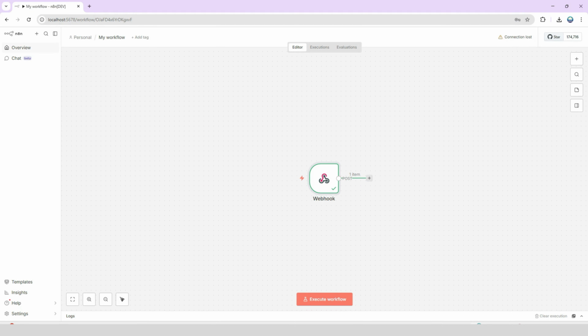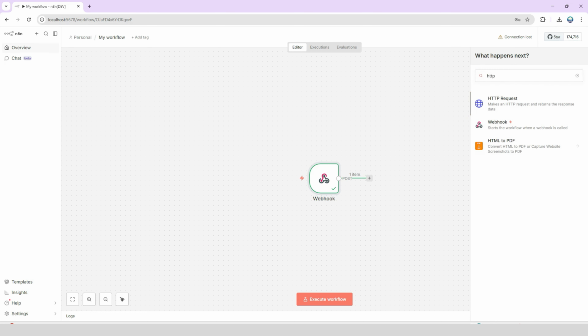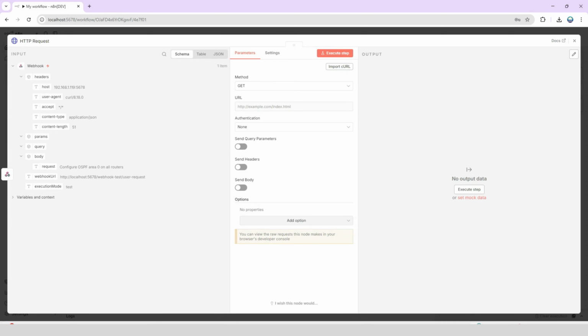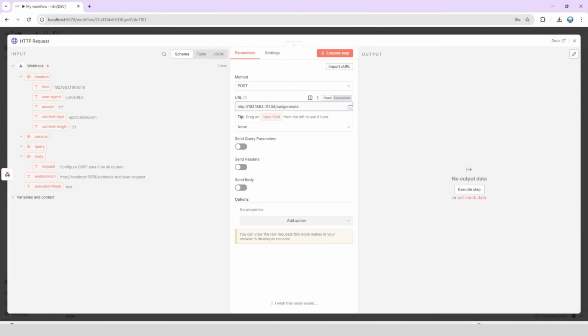That's great. So let's move on to the Ollama node configuration next. Alright, now let's click on the plus after the webhook node, search for HTTP Request and select it. This is the node that talks to Ollama. Okay, let's configure it. Method would be POST. In the URL field, enter your Ollama machine IP address. In our case, it is running on a Windows machine on the default port.